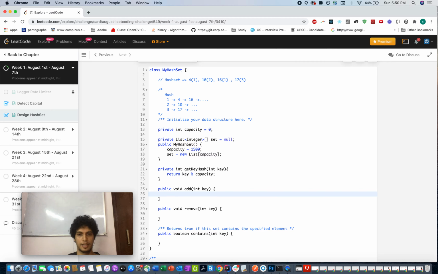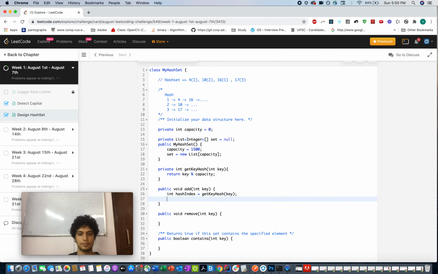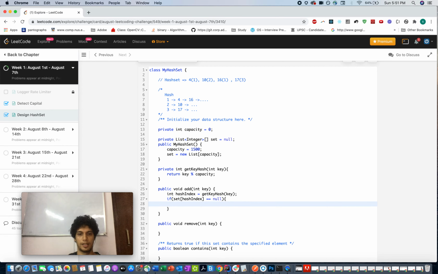And the addition says integer index, which will be the index which will generate the hash. Let's call it hash index, get key hash, and then let's check if set of hash index is equal to null. Then let's initialize this to a new linked list.